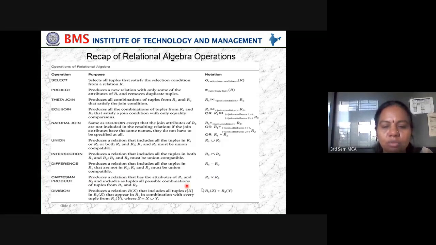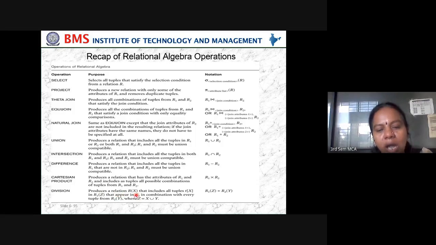Then Cartesian product. What is Cartesian product? R1 Cartesian product R2 produces a relation that has the attributes of R1 and R2 and includes all possible combinations of tuples from R1 and R2. Then what is division?